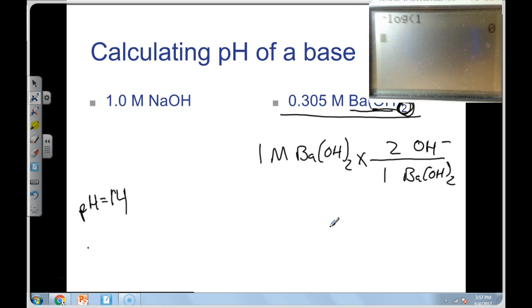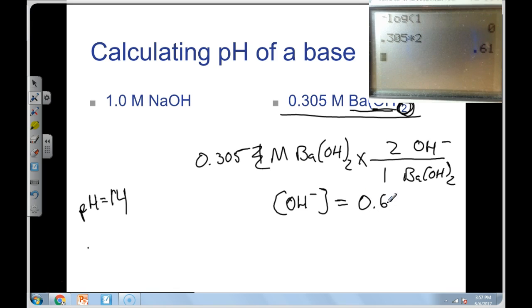So now, if we really wanted to, instead of saying 1 molar, we could say 0.305 molar, and then we can go 0.305 times 2, and that gives us the concentration of hydroxide equals 0.610. And now we can do the negative log of 0.610, and that gives us that the pOH equals